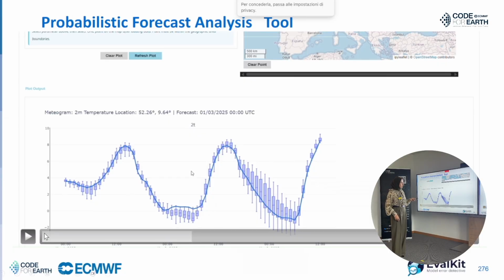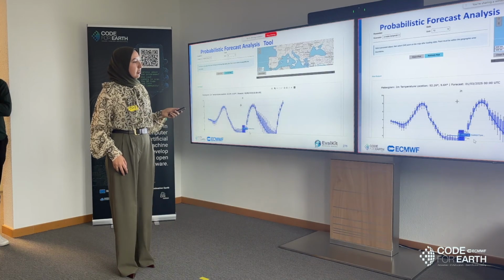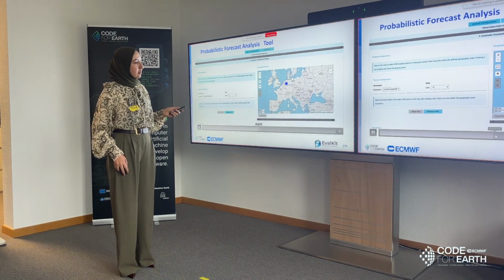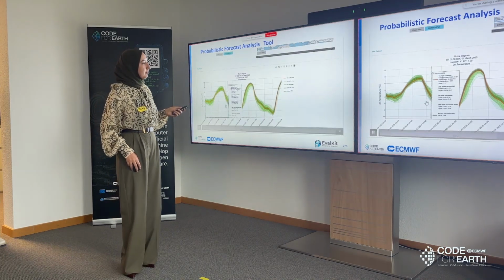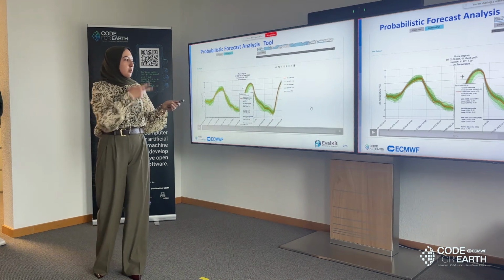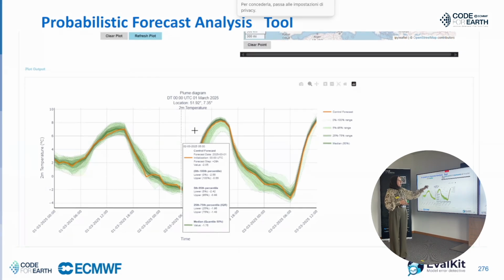The second plot is the one that appears here. Here we have the blues, which is also an evolution of the ensemble forecast quantiles with shading to cover the range of the spread of the ensemble forecast.